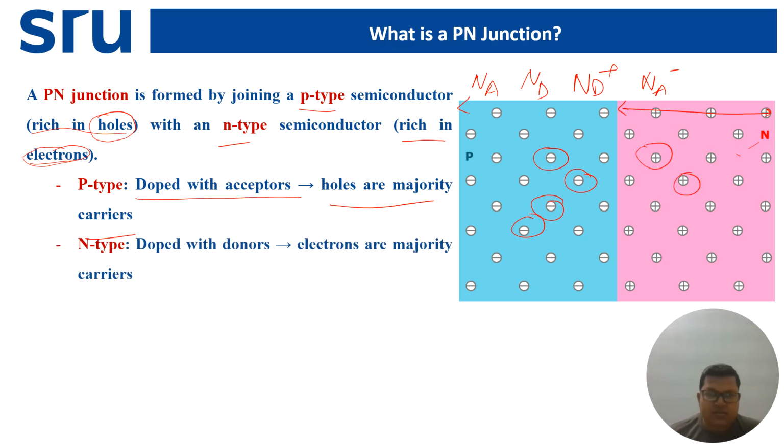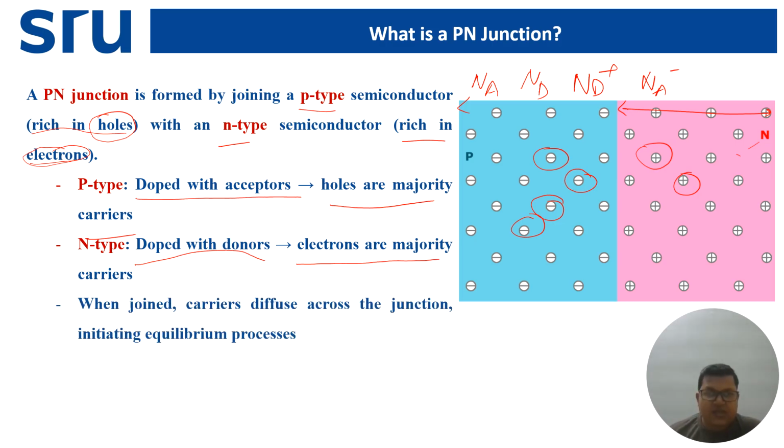As expected, the n side has the donors, so the majority carriers on this side are the electrons. Now, when joined,